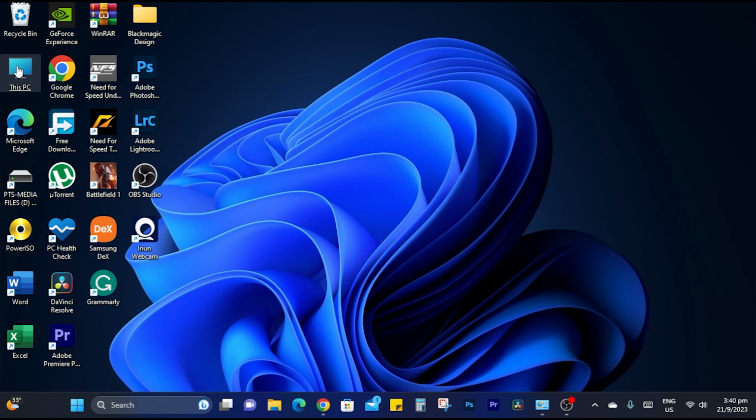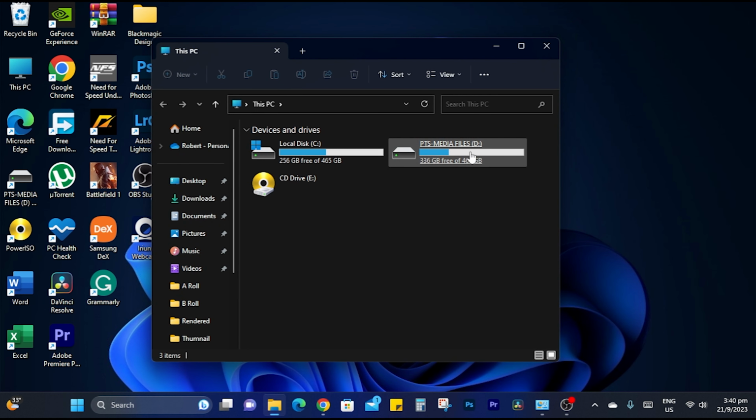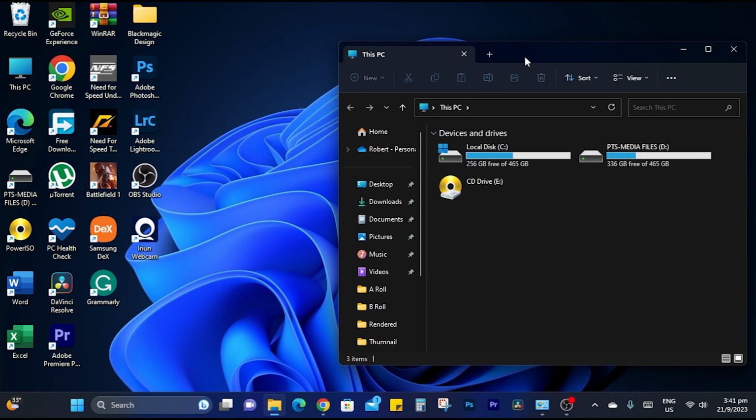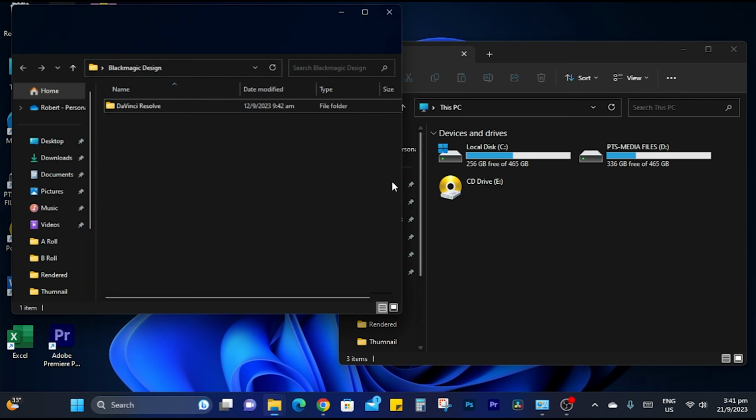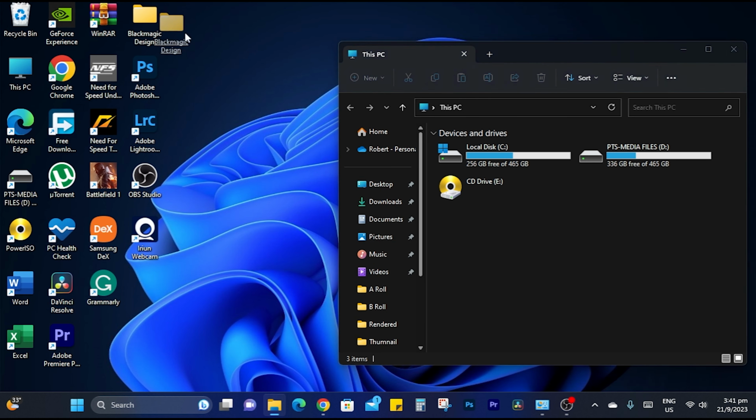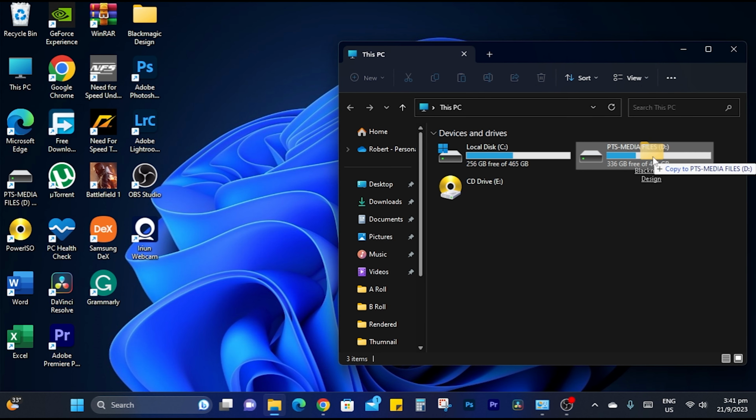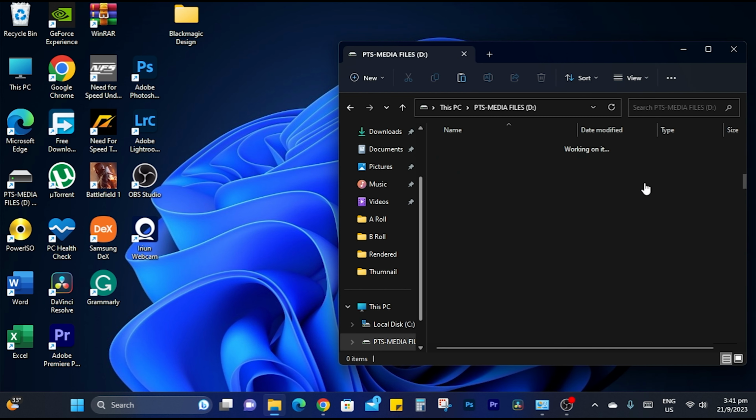So once this is on the screen here, when you connect a second hard drive or external hard drive, you will see it in this folder. So you can exit off. If you don't know how to store it to the external, it's pretty much simple. You just open the folder that you want to save. You can even drag and drop into the external hard drive, or you can open the external hard drive,